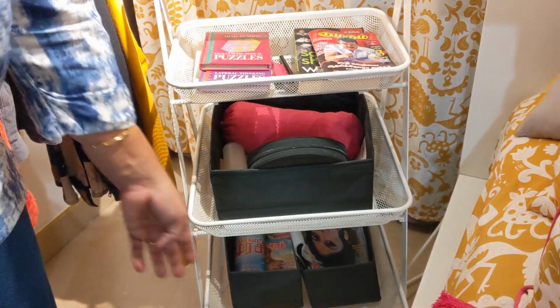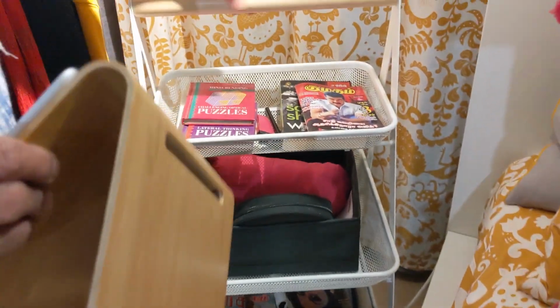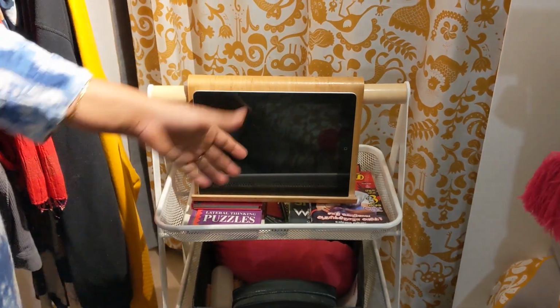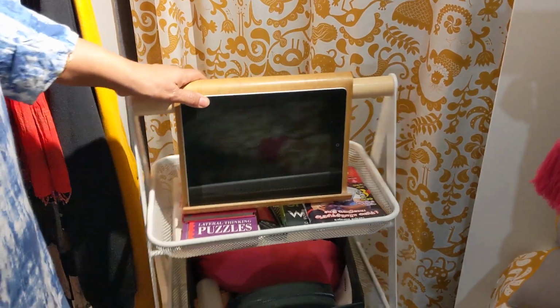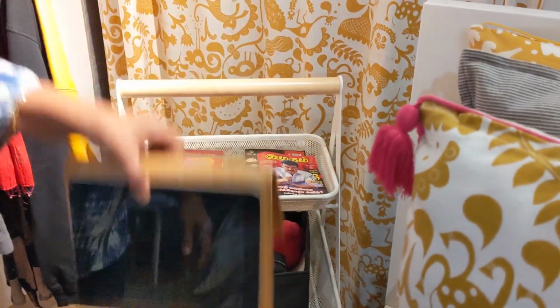I've got my headphones and other things here, and I also use this place. This also matches with the decor of this room, and I keep my iPad here, in which I watch my shows and TV and everything in the night time. So it is convenient for me to keep like this, and I can lie down and watch. And when I'm not using it, I just put it in the